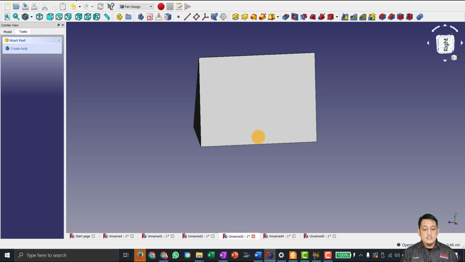Therefore, the centroid location of this 3D triangle should be at around this point here. This is the half line, and this is the centroid line of the triangle. So the intersection of these two lines will be the centroid location of this 3D triangle. Now let's proceed to the next 3D shape.